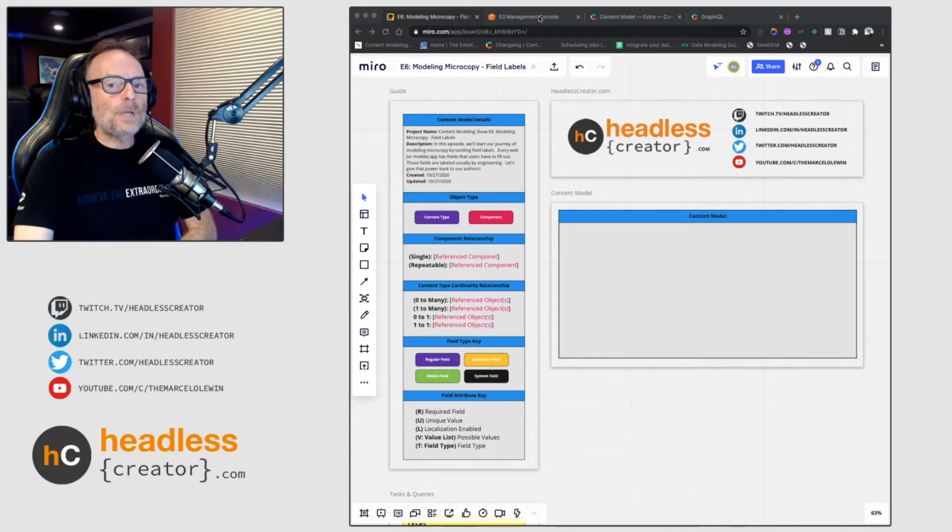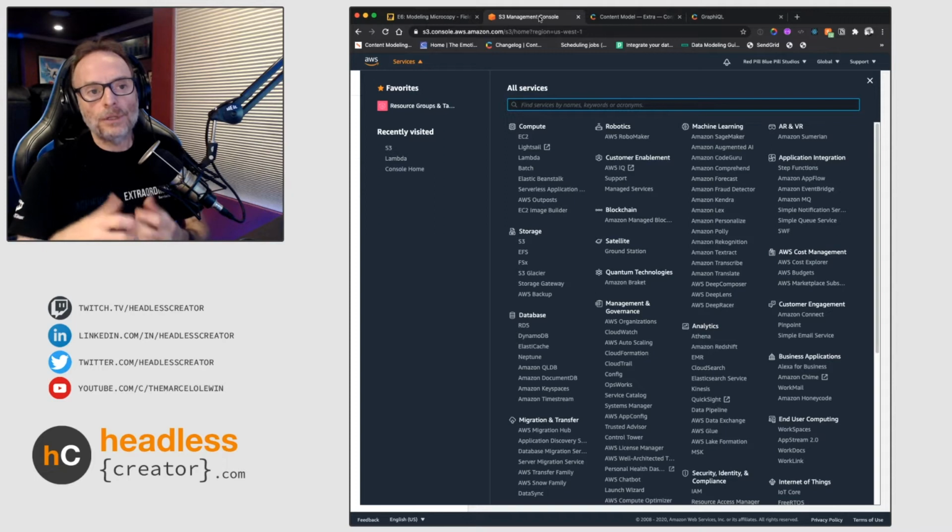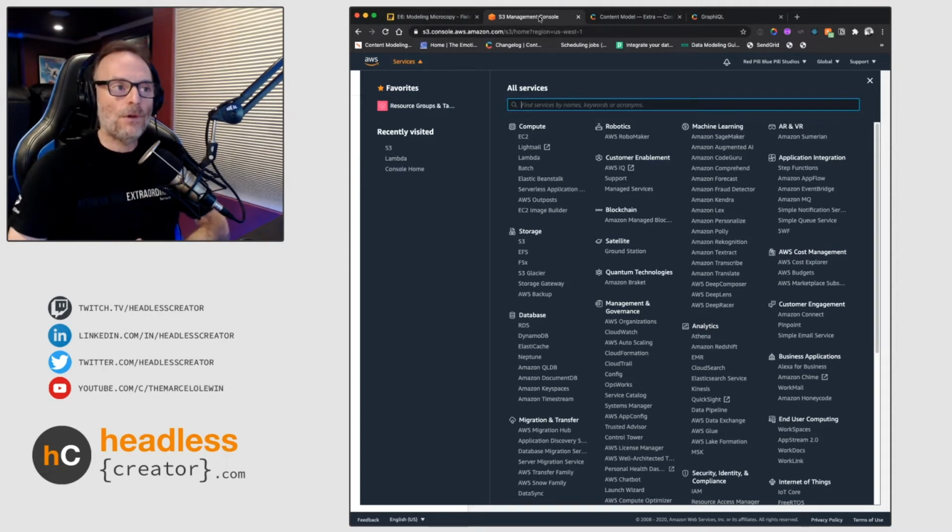Alrighty, so as I mentioned before, we're gonna go ahead and model microcopy, which is for me an exciting thing to model because you get to empower your authors to manage all the content in the app that the user will end up seeing, as opposed to giving it to the engineers, which isn't really their job to do. So today, like I said, we're going to do fields, and what I'm going to show you is I'm going to pretend we're creating this model for Amazon Web